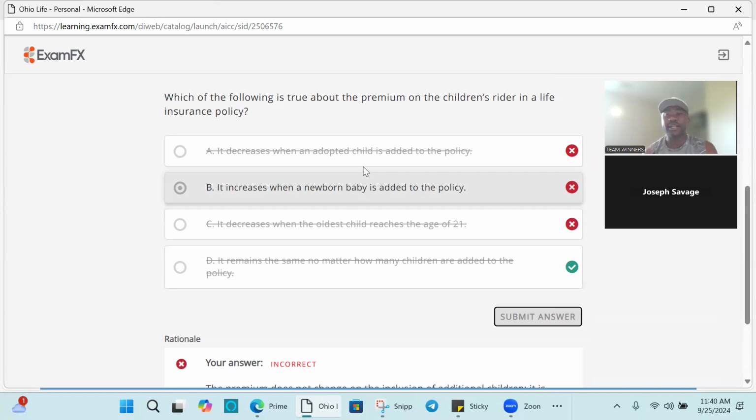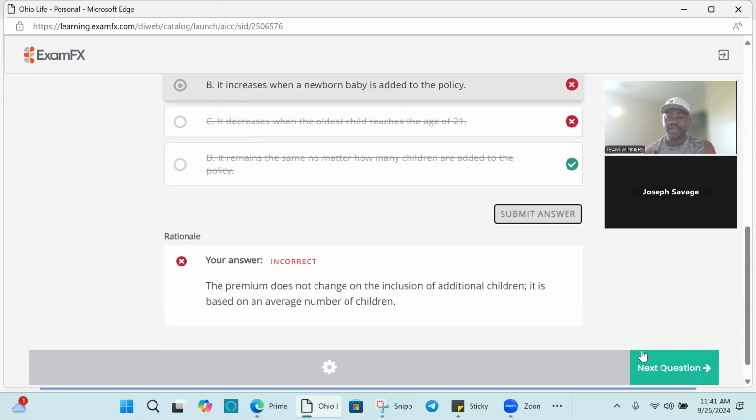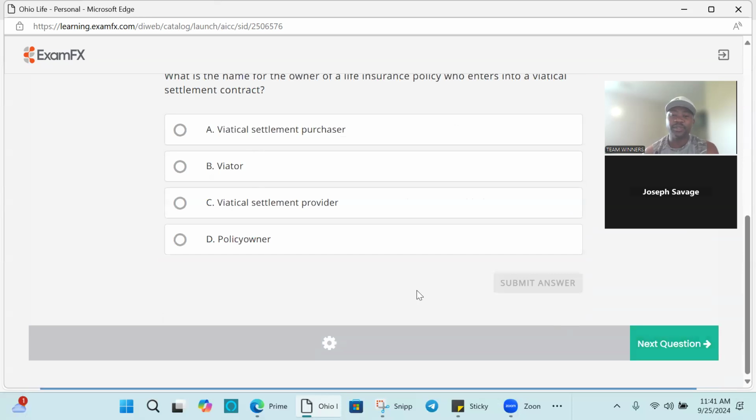So that means they already had a child rider and then they have another child born. Yeah, because they don't need the child rider if they don't have any children on the policy. So you're going to have to think a little better. On the cash values, I don't even think they put children in there. They're all beneficiaries. The cash values cover the owner of the insurance. If they want to add a rider, they buy term.